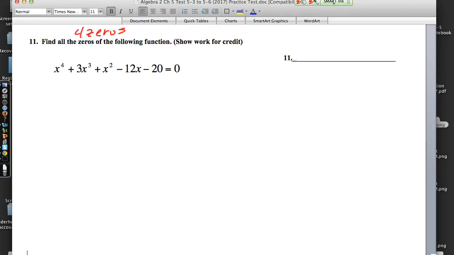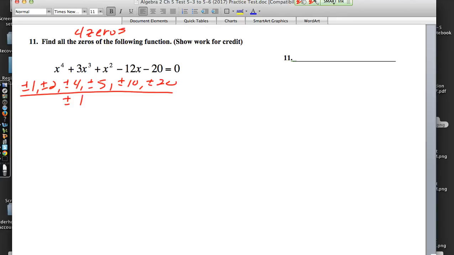Ah. We can start that way. That would be a good way to start. Haley says, do we do the same thing that we did above? Absolutely a great place to start. We could say, hey, we've got a 20 here. That's 1, that's 2, that's 4, that's 5, that's 10, and 20 over